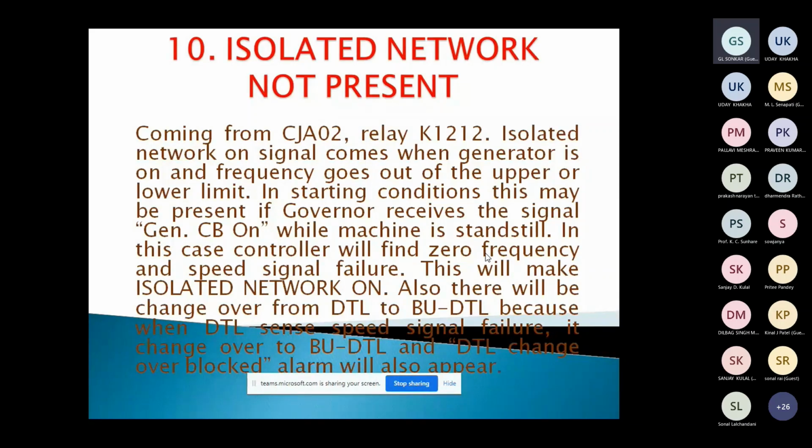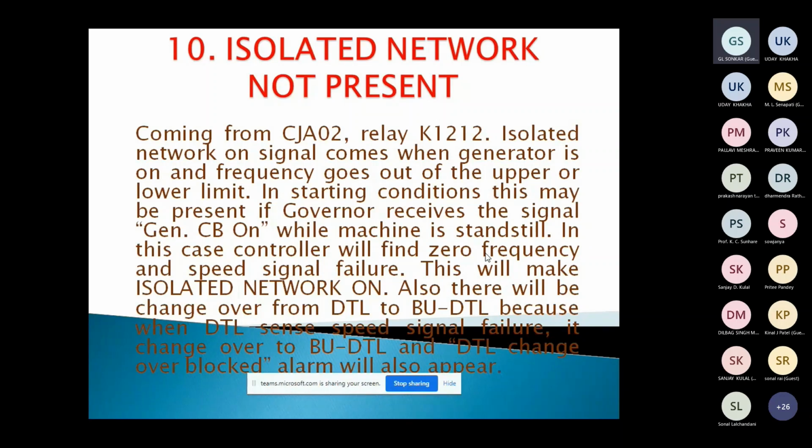So how to rectify? Why is it coming? It should come in the operating stage, but why is it coming when the machine is in the standstill condition? The reason is we are having the circuit breaker. Though the circuit breaker is opened, somehow, due to a malfunction, you are getting a signal that the circuit breaker is closed. In standstill condition it should be open, but the signal you are getting from the circuit breaker says it is closed. So if the circuit breaker signal is closed, the frequency is 50 Hz, because the circuit breaker is connected to the grid only.